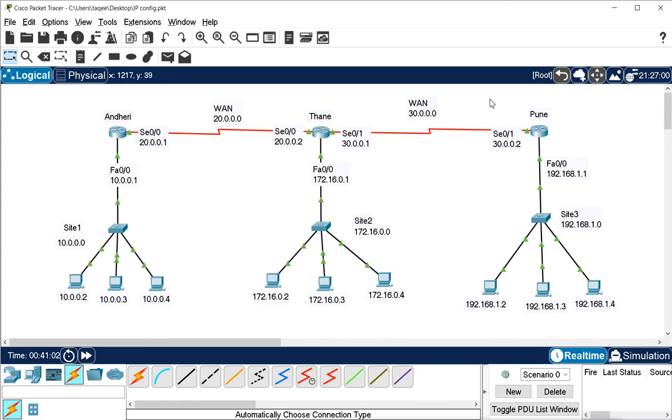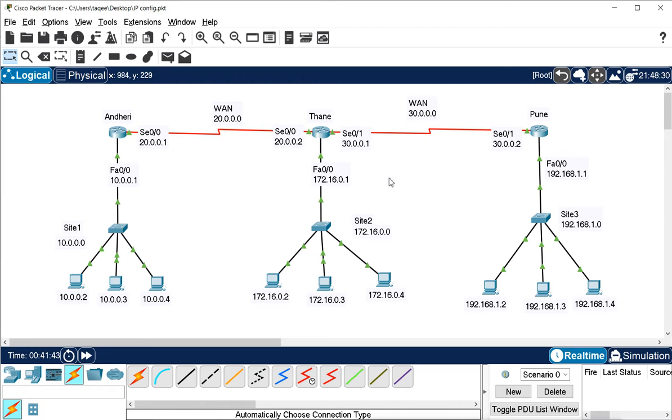So when you add a new network into your network and you have configured static routing, not only do you have to configure the new router, you have to configure the other routers also, or all the routers. We have only 2 routers here, so we will configure only these 2. But if you have a network of 10, 20 or 50 routers, then when you add a new network, you have to inform all 50 routers. You have to configure every router manually. So any change in the network or the design, you have to reconfigure every router manually.